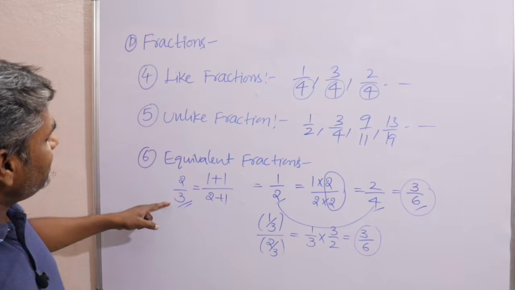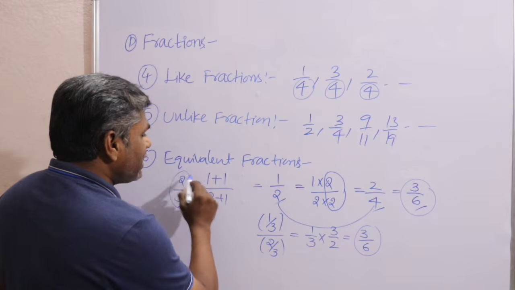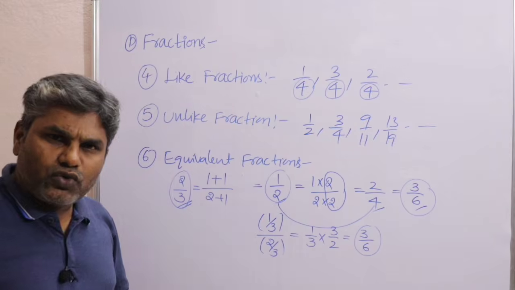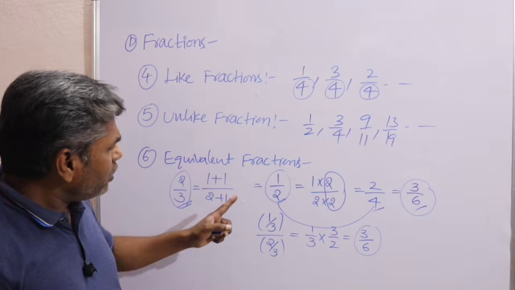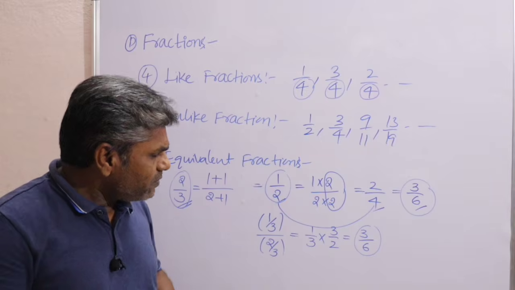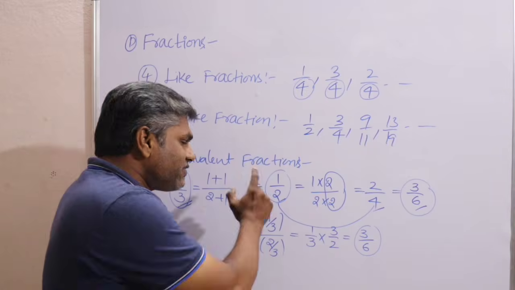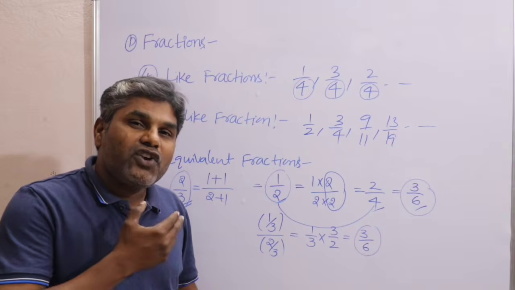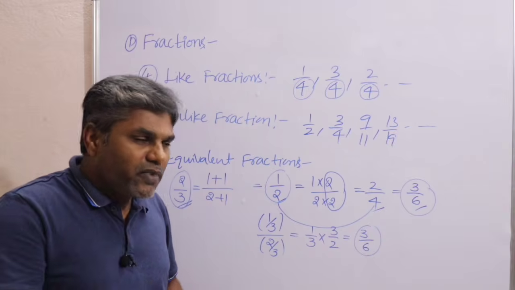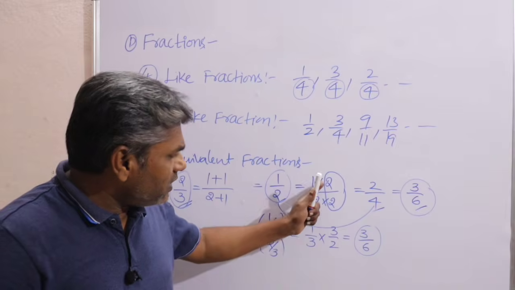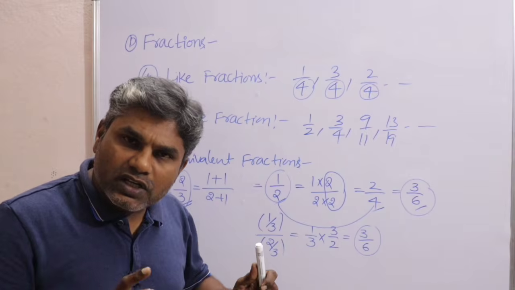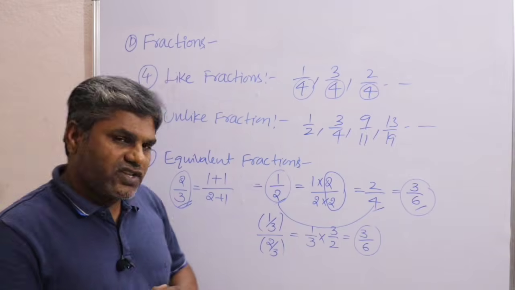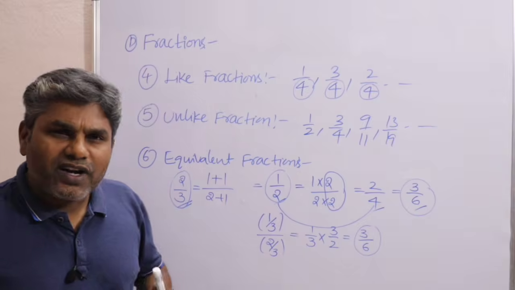See, this 2 by 3 is not equal to 1 by 2. Keep in your mind. And also if you subtract the same number from the numerator as well as the denominator, you will get a fraction which is not equivalent to this fraction. Keep in your mind, again I am saying, multiplication and division will work to get equivalent fractions. These are the important types of